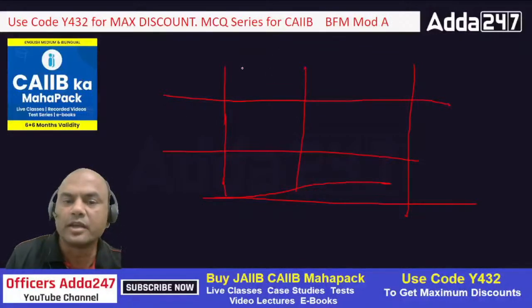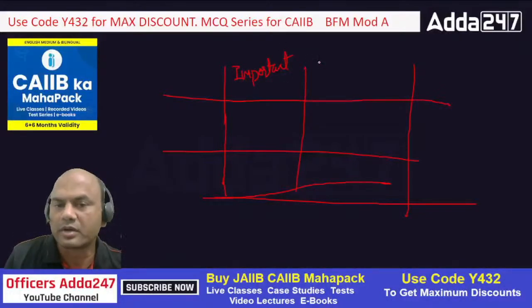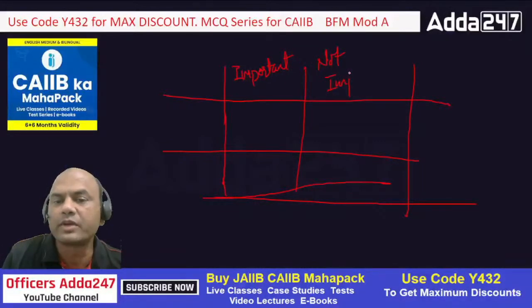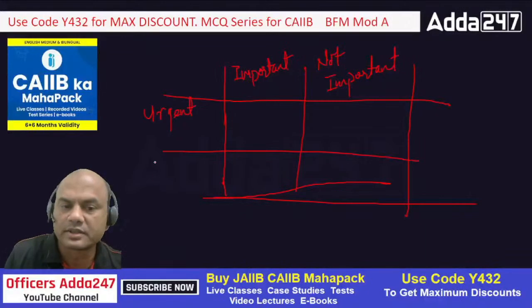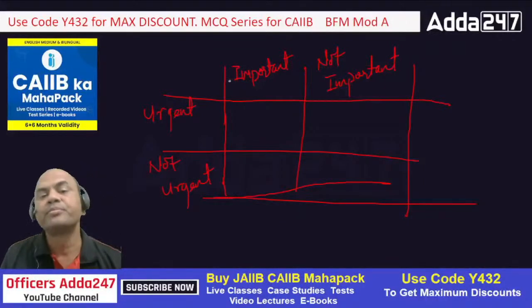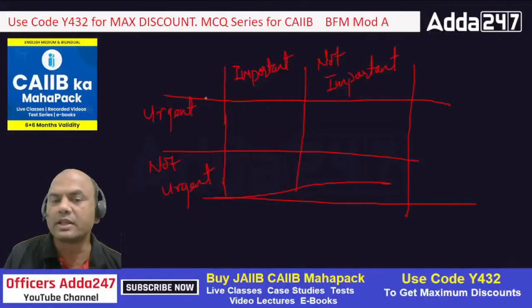So see this, important, any risk which is important, not important, okay. This is the way we deal with it. Risk management framework is mainly done using this: urgent, not urgent, okay, not urgent. So whenever any bank deals with any risk, it has to look into what is important